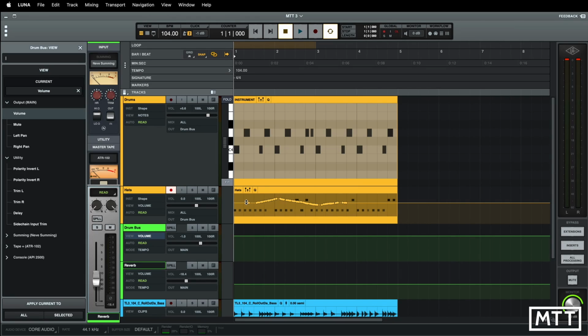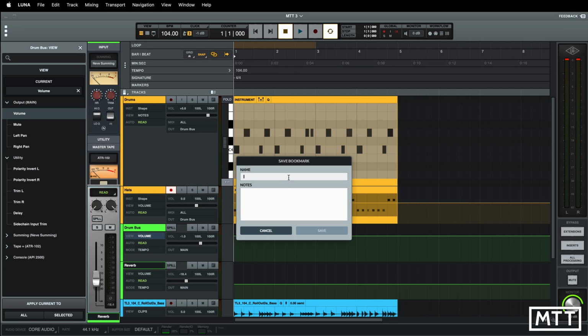Now, another nice thing which I've noticed in this very brief time is the saving of parts. So another nice thing that I've noticed is the way that this is saved. Initially you save your project. You probably remember that a long time ago, I saved this as MTT3. But when you click save, do Command S, we actually save a bookmark, and it's different versions of this track